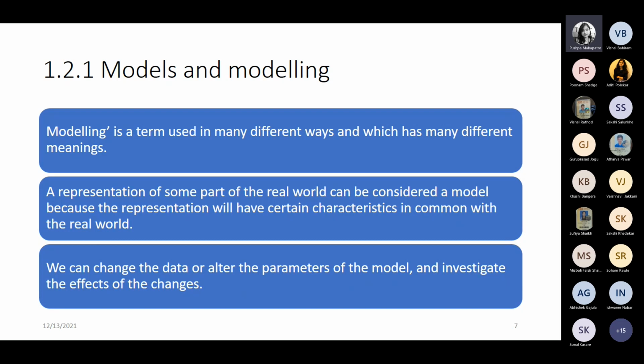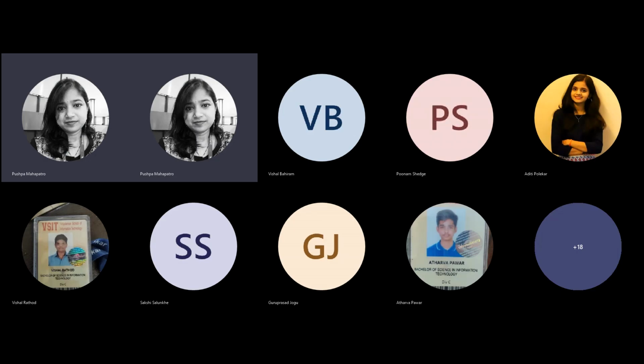Suppose first of all we consider how much detail of the map we are representing. If there are shops, whether we should represent them as a point or draw the exact shape of the shop, we can think depending on the precision of our map and which phenomena we are capturing, what kind of representation. If it's a large scale map, then we'll be representing it as a point. But if it's the map of one small area, then we have to represent it as square boxes or triangles, or actually take the boundaries and represent the shops or buildings or malls. But if it's a large area map, then we can actually represent it.